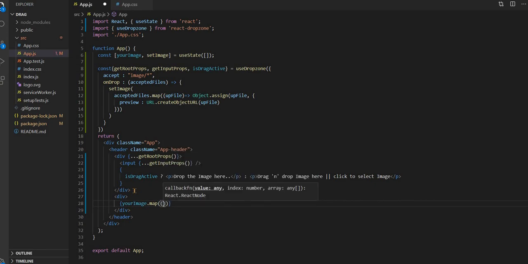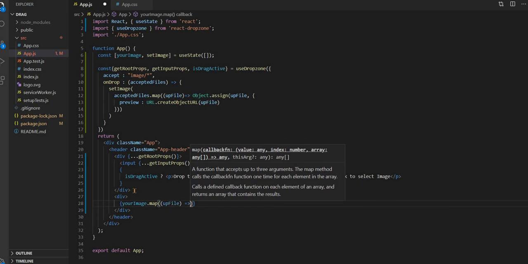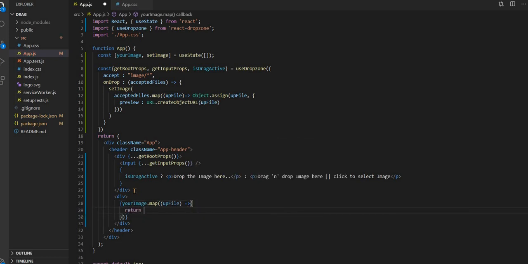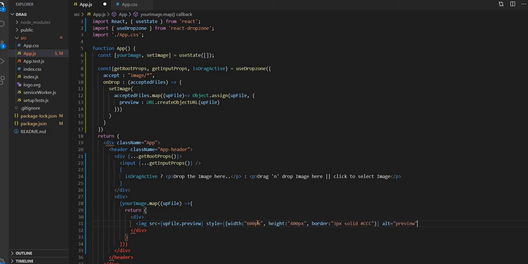Inside this upFile, inside this return, we have to return the div and the img src, with upFile.preview, and some style. For the time being I'm just copying and pasting. You can pause the video and get this.